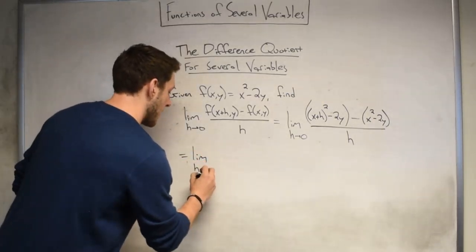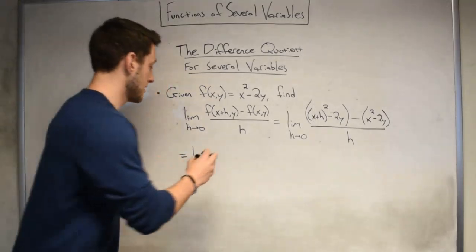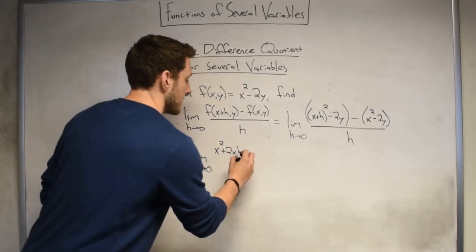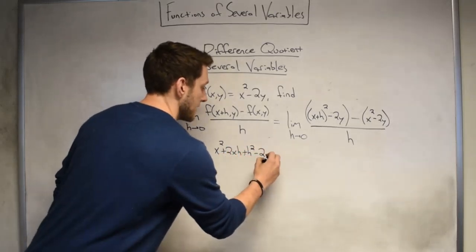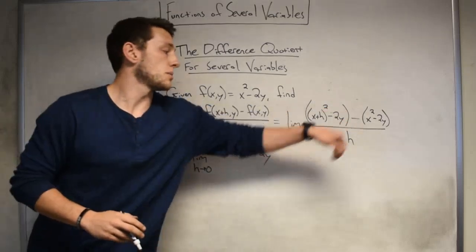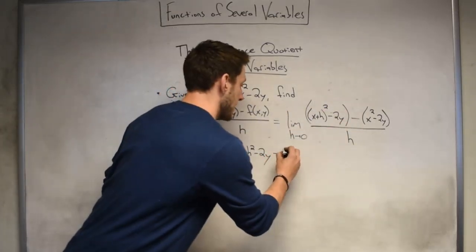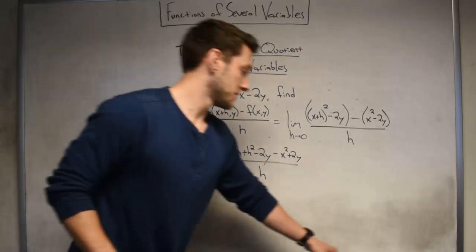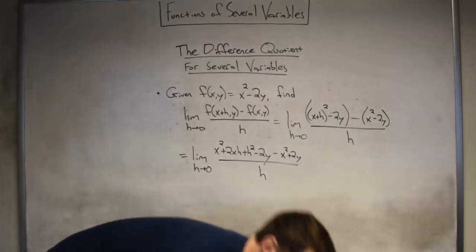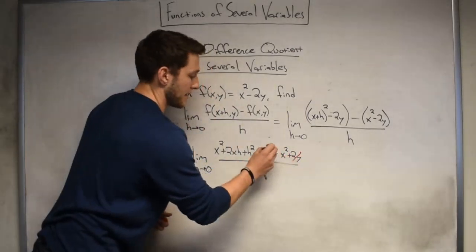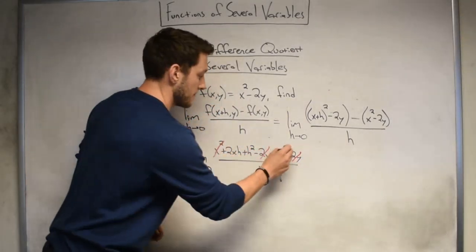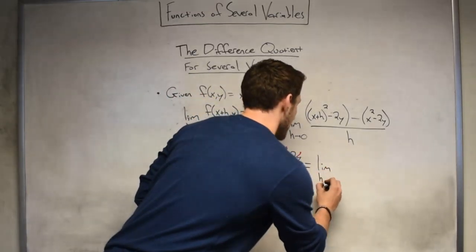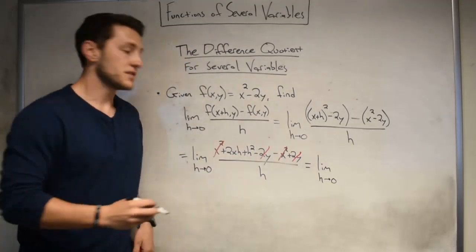We can go ahead and square out x plus h squared, giving me the limit as h goes to 0 of x squared plus 2xh plus h squared minus 2y. Distribute in the negative over here, minus x squared plus 2y. And don't forget we're dividing by h. From here, notice that our two y's cancel, as well as our x squareds. This just leaves me with the limit as h goes to 0 of 2xh